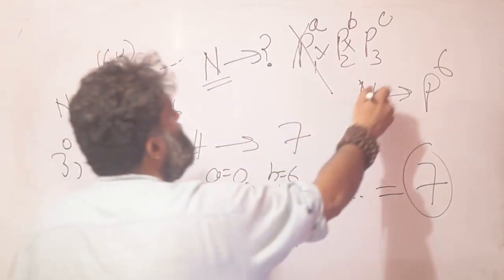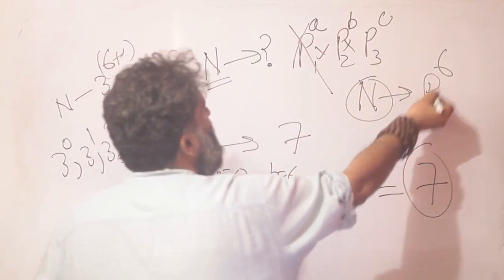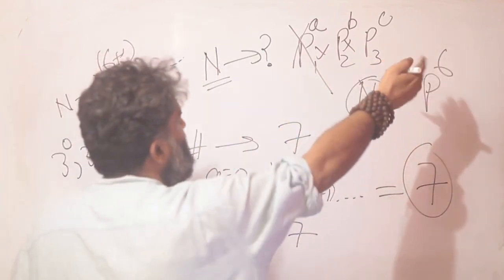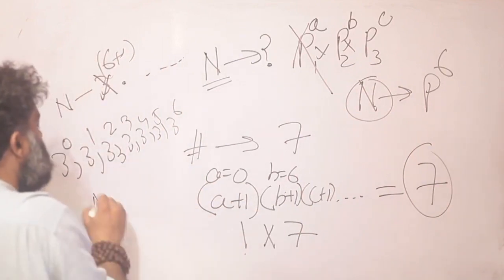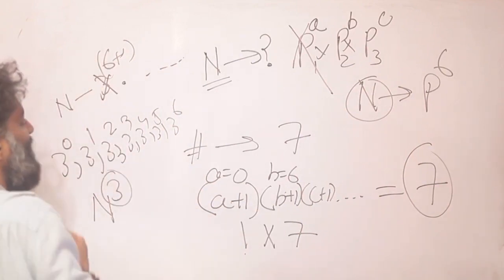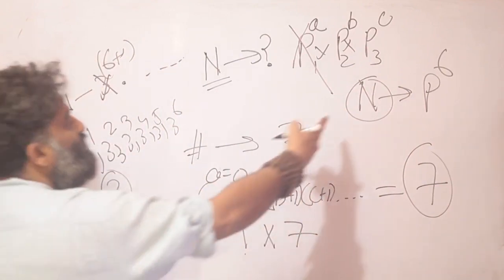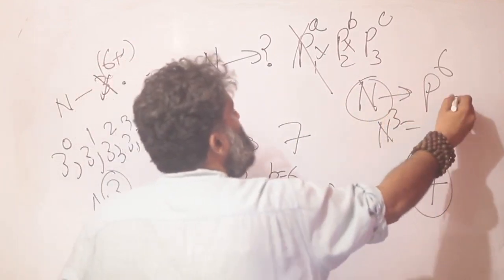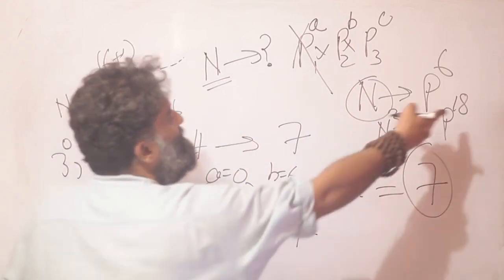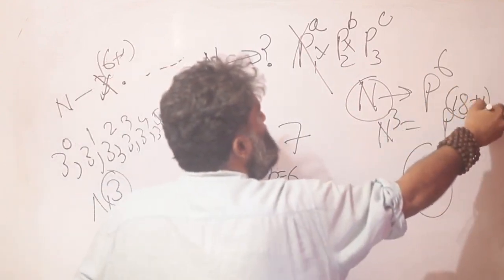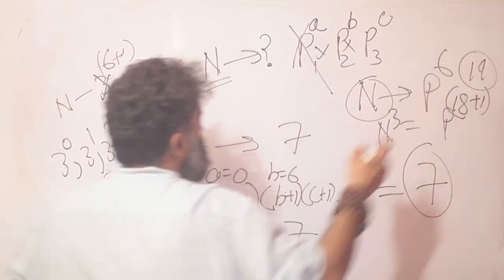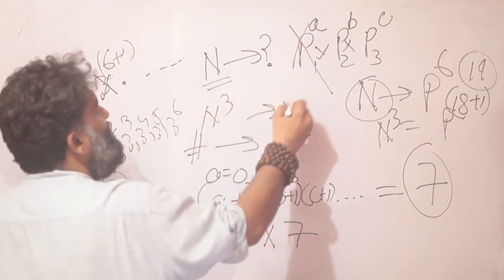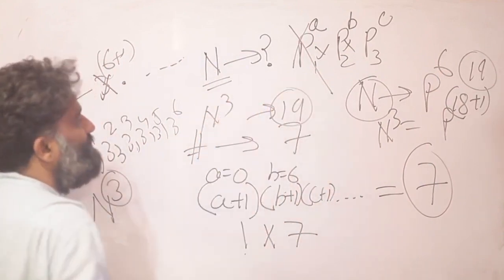So I have the number, I know it is some prime raised to 6. This 3 is just an example, it could be 5, 7, 11, anything. And now my question is, how many factors for n cube? So I know n is p raised to 6, n cube would be p raised to 18, and the number of factors simply would be 18 plus 1, 19. So if n has 7 factors, n cube the factors would be 19, right?